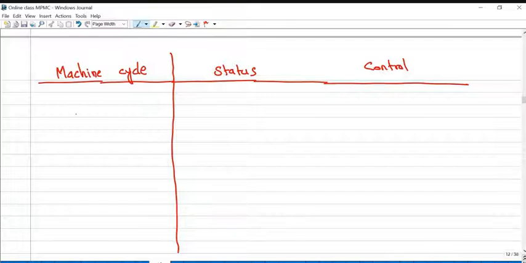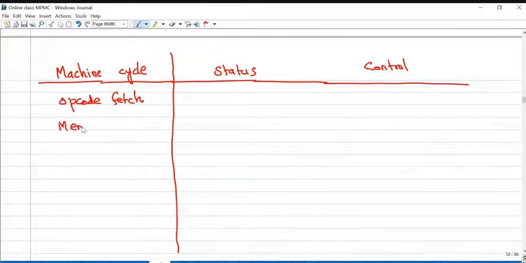So what machine cycles are available? Opcode fetch, that is reading the instruction from the memory. We cannot store English mnemonics like move immediate in the memory, so for each and every instruction we need the opcode from the opcode sheet. The opcode sheet I have uploaded in Google Classroom, please check it once. Each and every instruction has a unique 8-bit binary code, available in hexadecimal form in the opcode fetch.